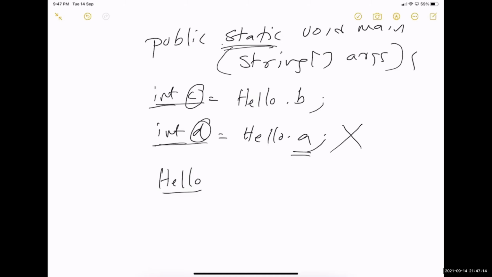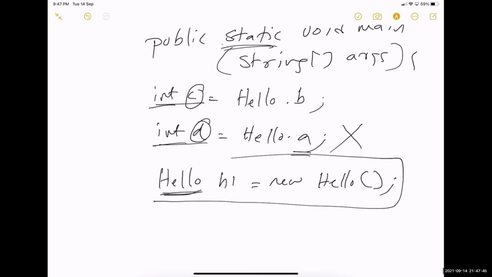Whenever you are creating an object of a class, the class itself is the type, and you can give a variable name. Here I will give h1. You can say Hello h1 equal to, then I have to use a keyword called new, and then I have to use the constructor of this class called Hello. I will tell what this constructor is shortly. This is how you create an object of this class.